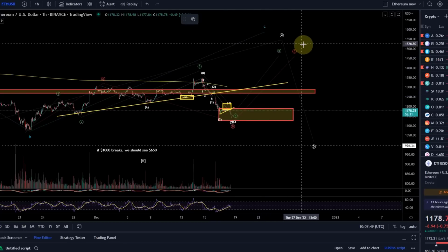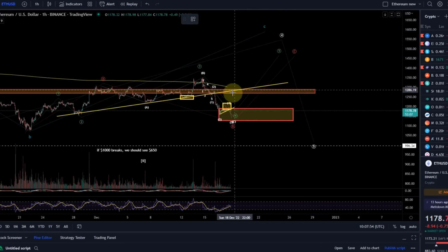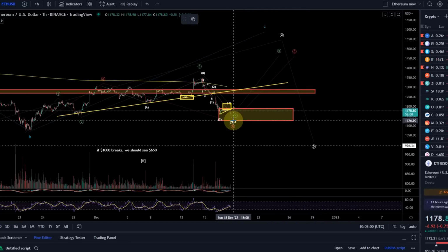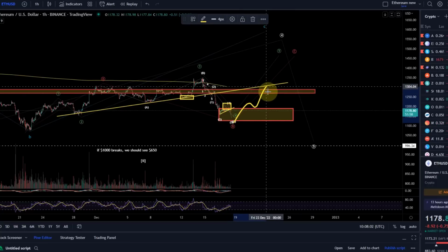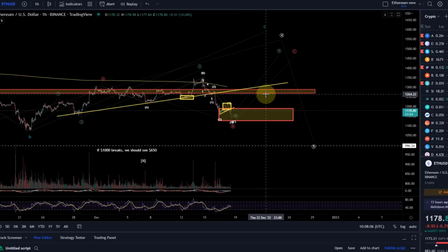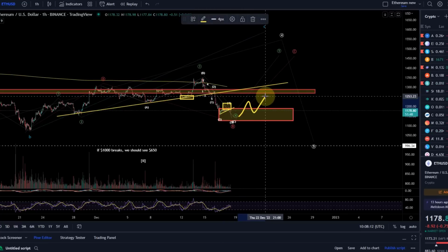So either in the green or the red count, which are basically to be seen as one, because short term they are very similar. But if we don't see 5 waves up, so the C wave would contain 5 waves, and the green count as well. So 1, 2, 3, 4, 5. That's what you ideally want to see. If we get stuck here below this resistance area at around 1270 and we see only 3 waves,